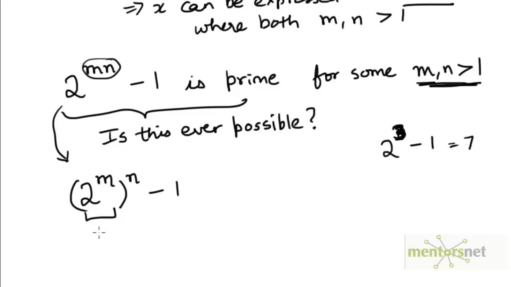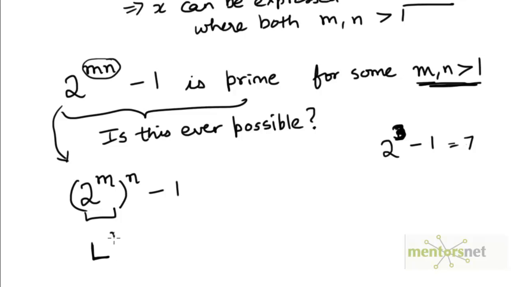So it will be some large number, let me just call it L, where L will be greater than or equal to 4, because m is greater than 1, so the least value of m is 2, and if m is 2, then 2 to the power m would be 4. If m is 3, then 2 to the power 3 would be 8. If m is 4, then 2 to the power 4 would be 16, and so on. So this will be some large number L, whose minimum possible value is 4.